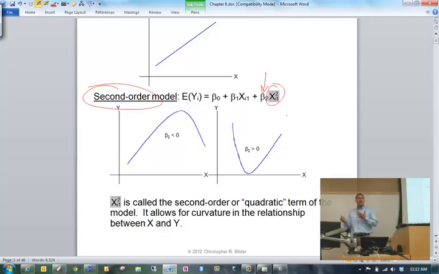That coefficient tells us something about the relationship between x and the expected value of y. If that coefficient's negative, then you have what's often referred to as concave down in terms of what your model looks like. If instead the coefficient is positive, then you have what's often referred to as concave up.